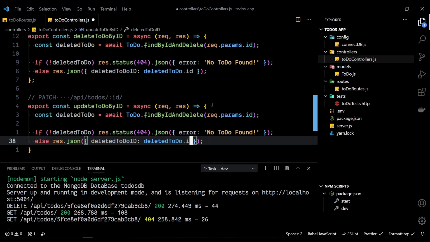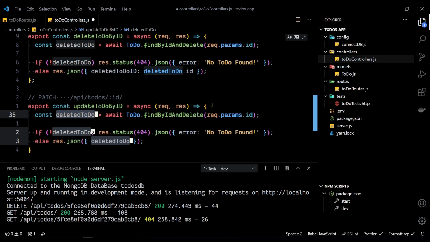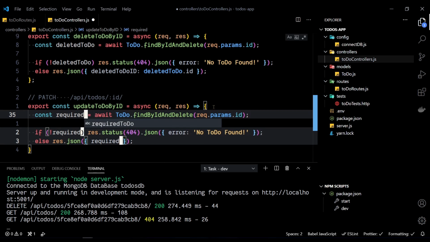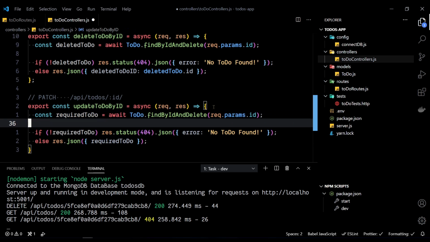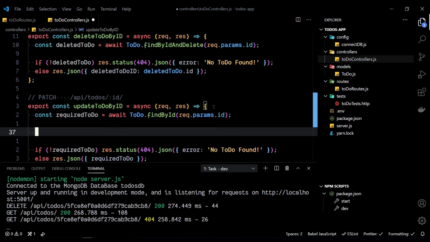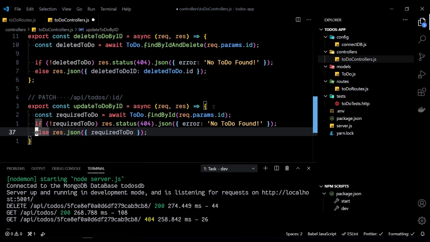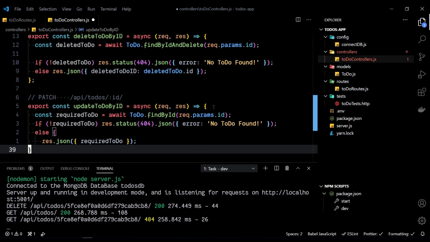And now this I'm going to call required to do. Okay, and I'll just find by ID. First I'll find by ID, and then if the value is falsy, then we can't do anything. But if it is not falsy,